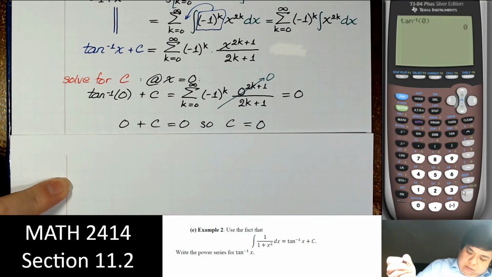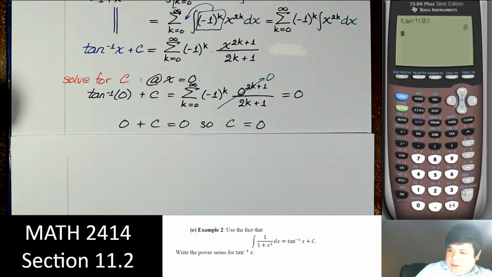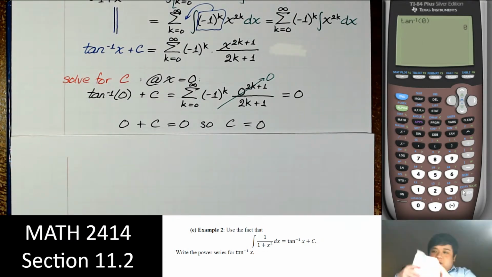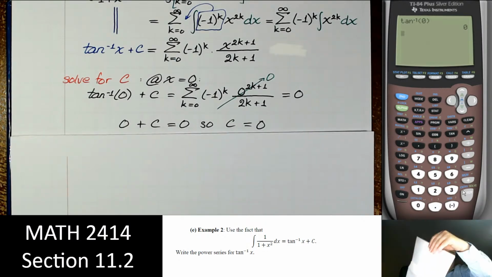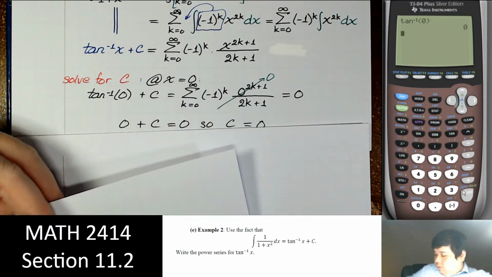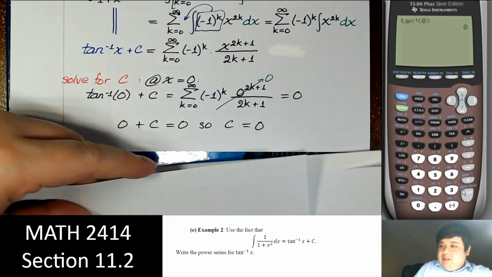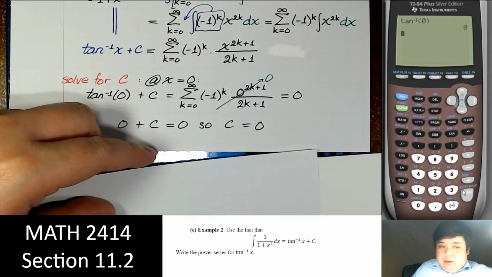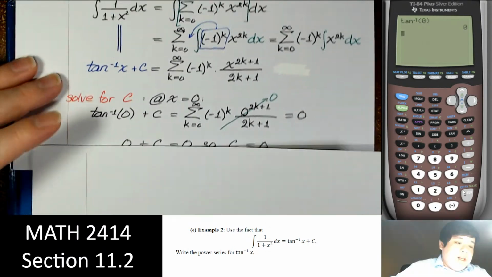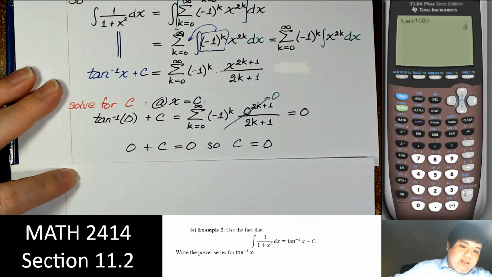Because c equals 0, we have tangent inverse